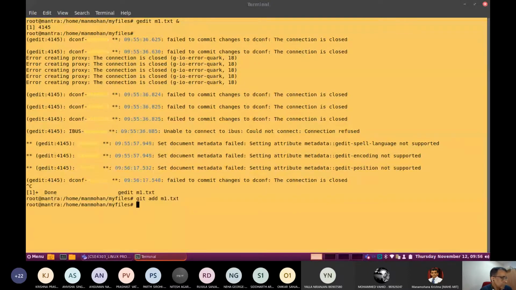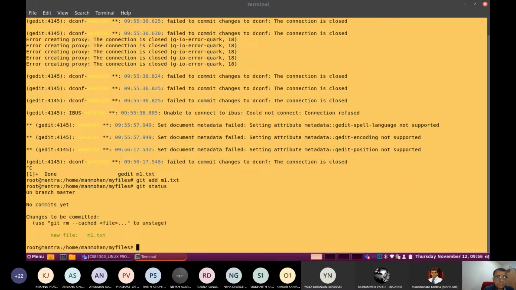Look into this. Then you can look at git status to check what happened. When a new file is created and its content is added, look at what has happened. You created one file that is now in the staging area. So the file's content is in the staging area. That's what is explained here.